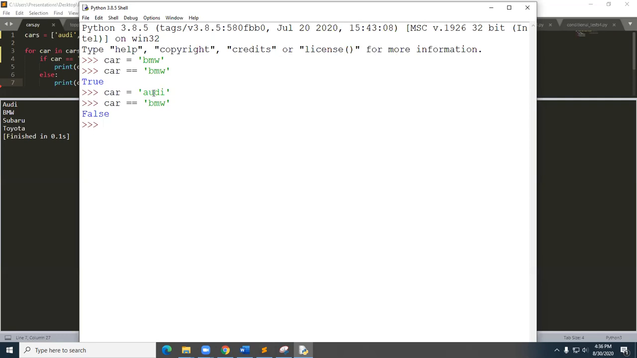Now I can also use some of the string methods that we've used before. So for example, if I set car to capitalized Audi, and then I go ahead and say car.lower,